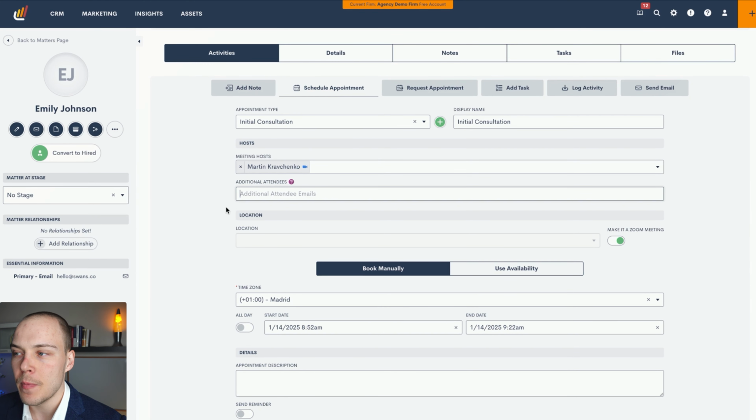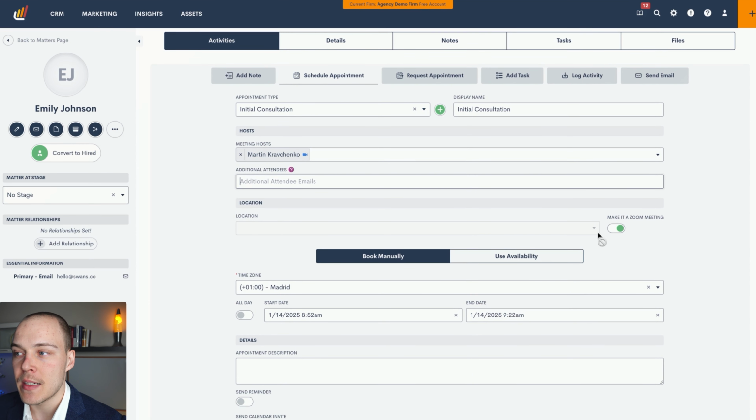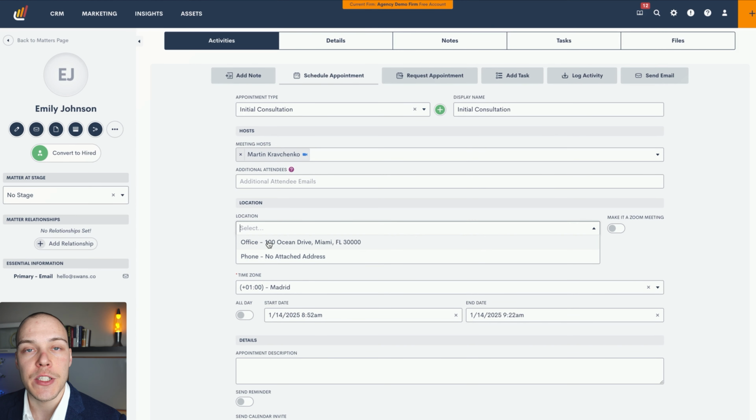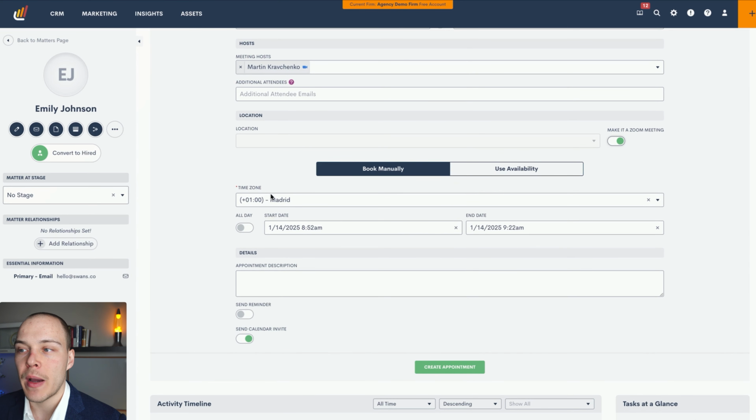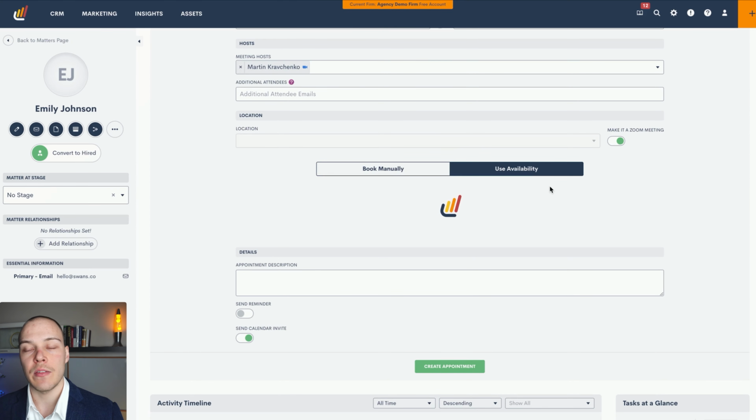You can either make it a Zoom meeting, in which case we will automatically generate that Zoom meeting link and add it to the event. Or you can choose one of the other locations that you have defined. And then you can either book manually, just saying the start date and the end date without checking for availability, or actually first check the availability of that person,